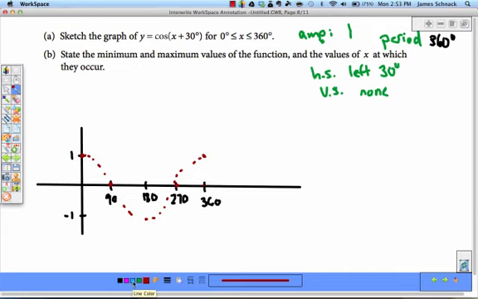So how far do I have to move this? Well, I have to figure out how far 30 degrees is here. And it's 1/3 of the way from 0 to 90. So it's that little nugget right there. So I'm going to move all of my points back that far. So that point goes here. This point would go to there. This minimum would go back 30 degrees. This point goes back 30 degrees. This point goes back 30 degrees. And now I can draw my curve